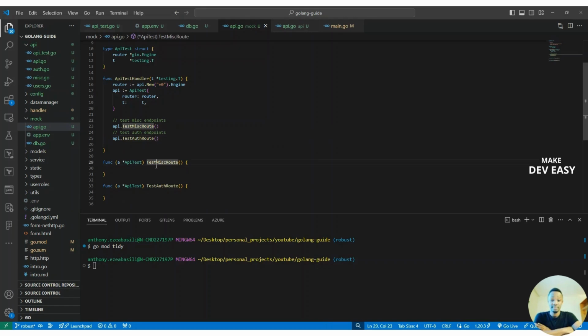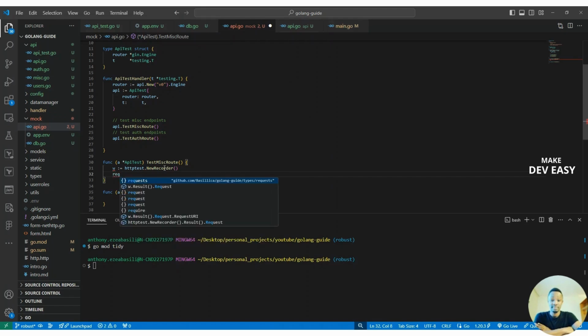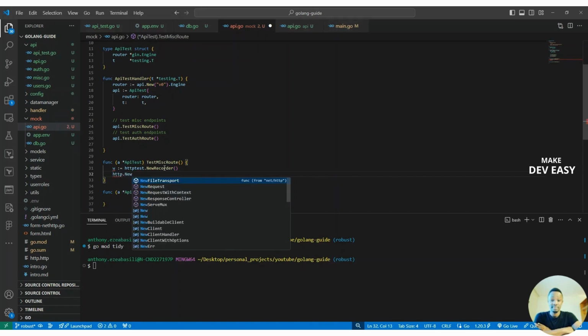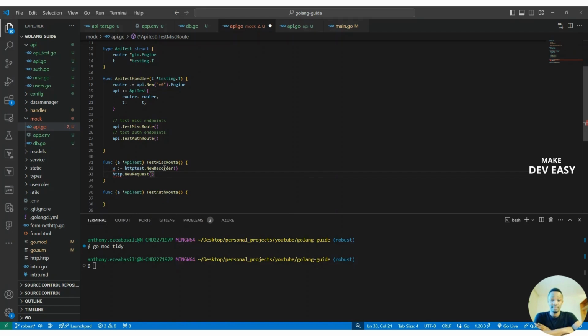As simple as that. But of course, to test the first one, what we would want to do more or less is use HTTP test, this one, and I'll need to create a new recorder. So this will be my new recorder. And now I would like to, of course, define the request I would want to make. So this would be making a new HTTP request. And I need to provide, of course, the method. So it's going to be a get,